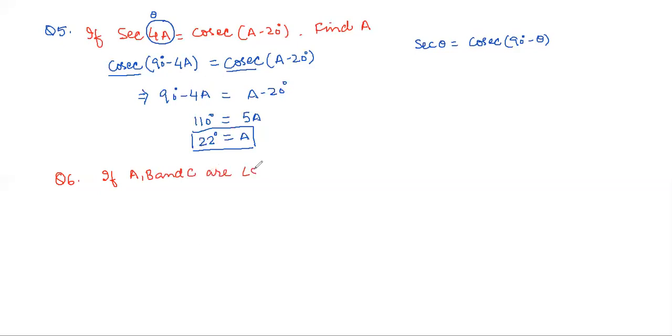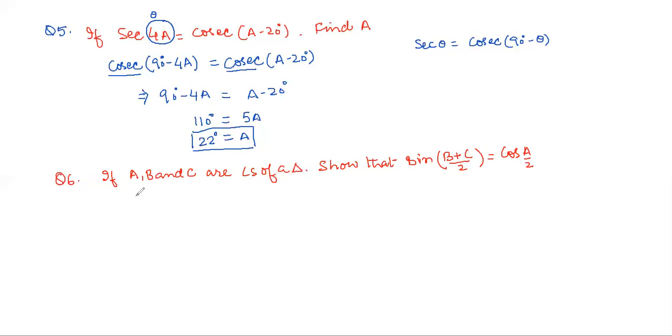And the second thing, they want you to prove that sine of B plus C divided by 2 is equal to cos A by 2. Children, let's begin with the angle sum